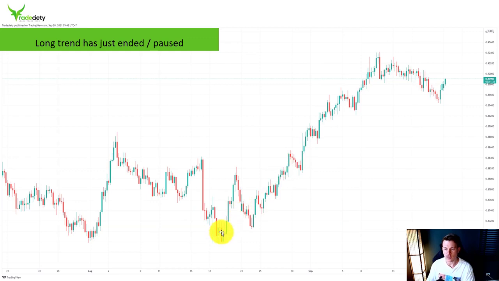So here, for example, we have been in a long trending market, and if you are a trend following trader, right now is probably not the best time to look for continuations, because in a trending market, if you are a trend following trader, you usually prefer to trade medium or early trending phases. So if you are a trend following trader and the trend has already been going on for a long time, usually the chances that the trend will continue are much lower, and then you don't want to join such a